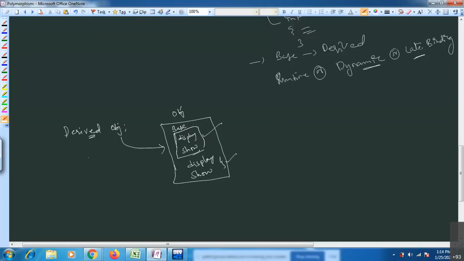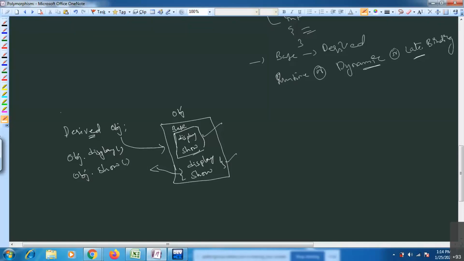But if I'm trying to access obj dot display and obj dot show, it is always getting the values from derived class itself. You are unable to access the base class members.